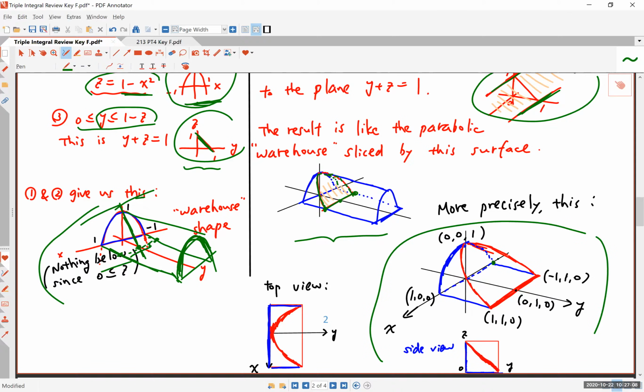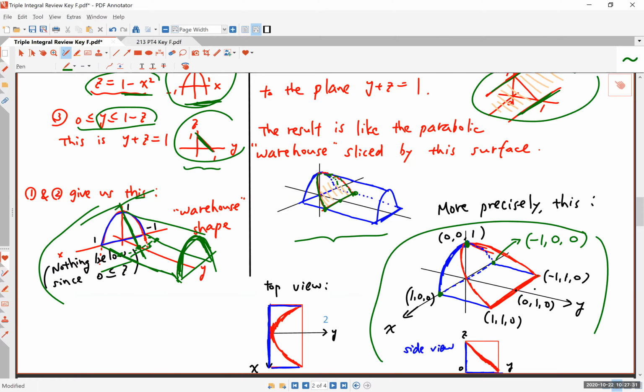And if you want to, you can identify each of these points by the triple of x, y, and z coordinates. Like for instance, what's this point here? That's -1, 0, 0, right? And this point is 1, 0, 0. This point is 0, 0, 1, and so on. Okay, and then in order